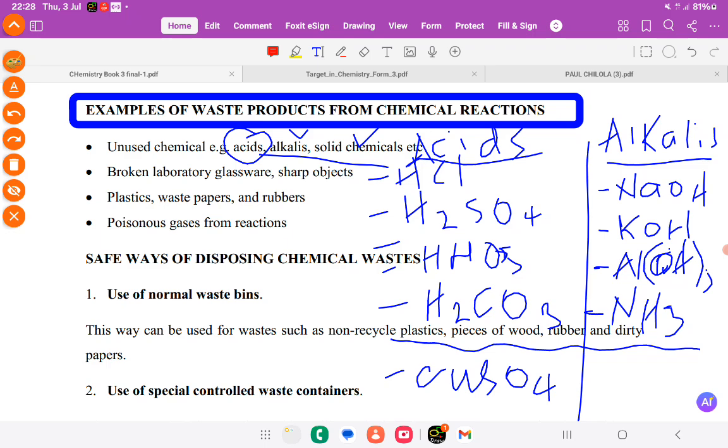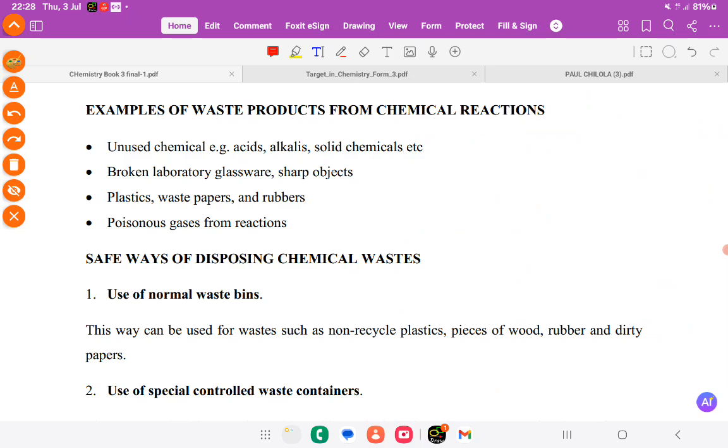Safe ways of disposing these wastes. All right. By safe ways, we mean ways that are not harmful to you, the student, the teacher, that also are not harmful to the environment. All right. So these are examples of waste products from chemical reactions, but also you can have wastes that are generated from